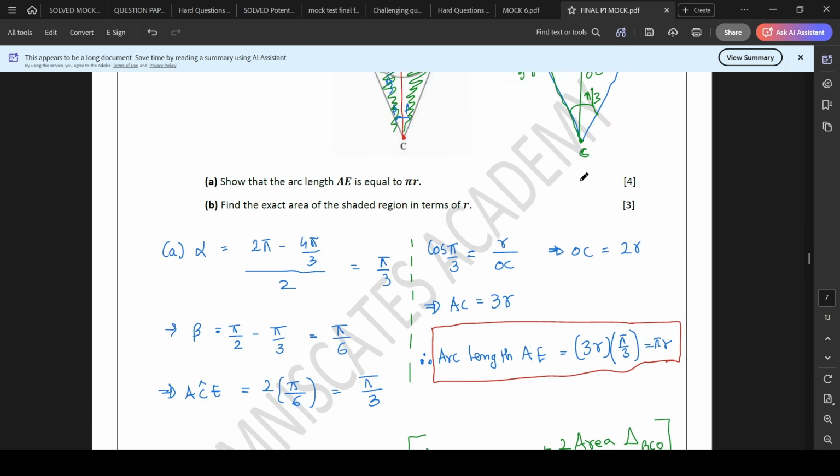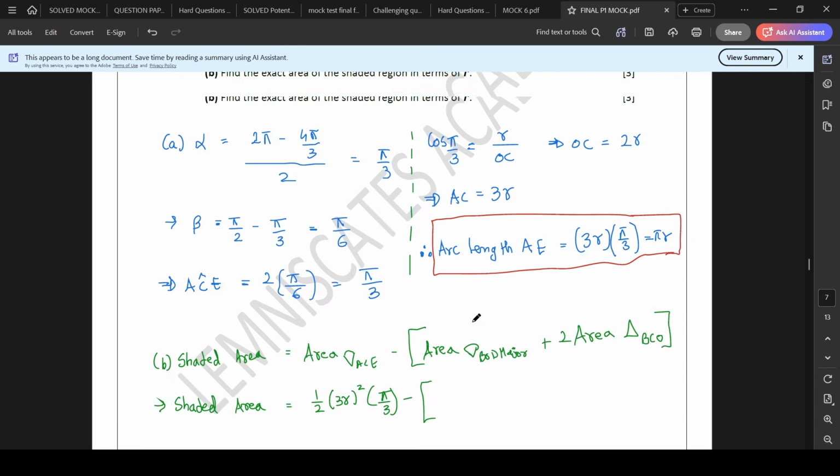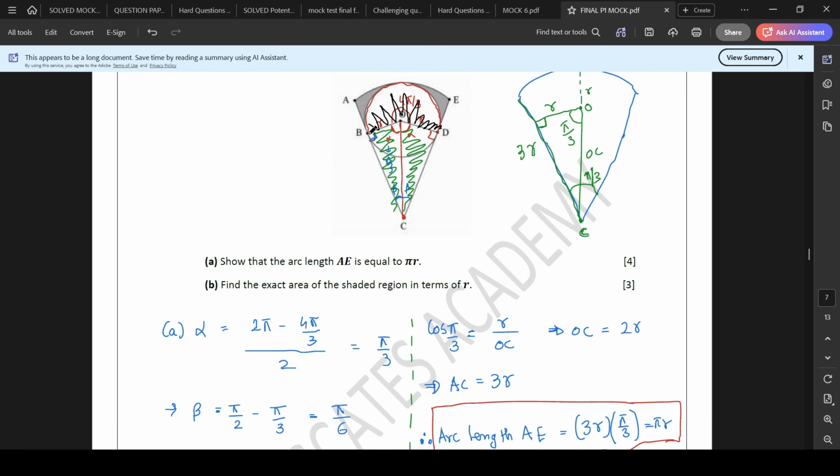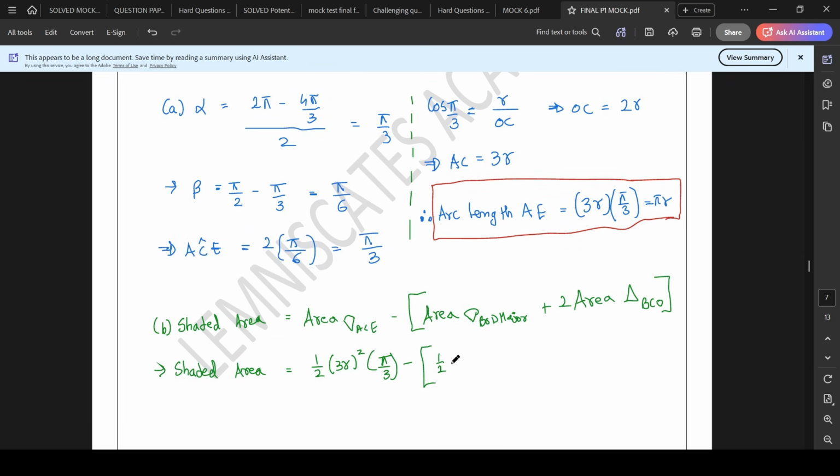So what is the area of a sector? Half r squared theta. So this is half r squared into theta. And what is the area of the major sector BOD? It will be half into r squared into 4 pi by 3, plus 2 times